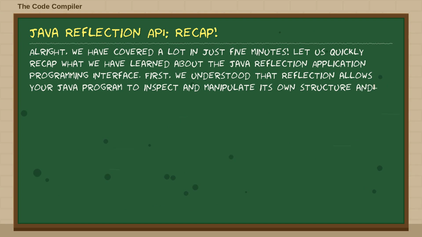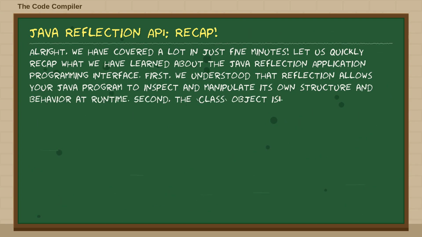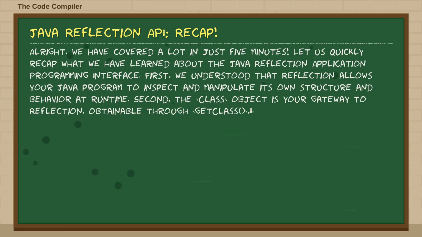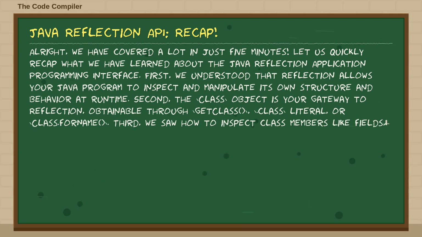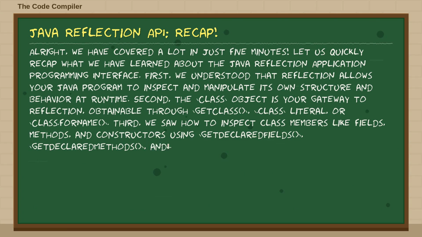Second, the class object is your gateway to reflection, obtainable through getClass, the class literal, or Class.forName. Third, we saw how to inspect class members like fields, methods, and constructors using getDeclaredFields, getDeclaredMethods, and